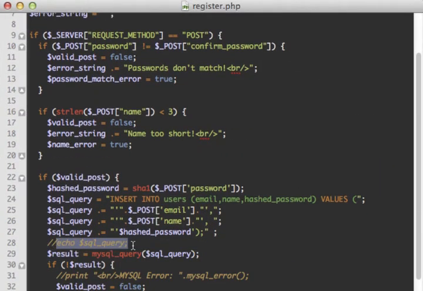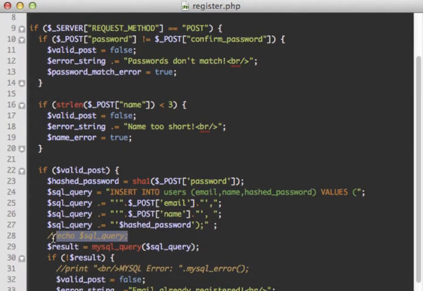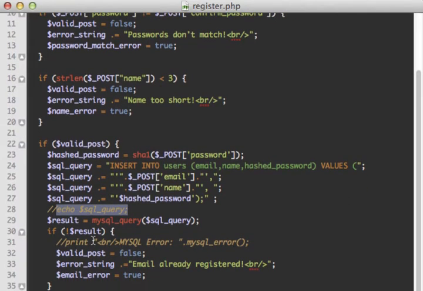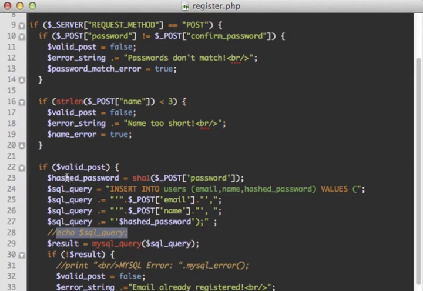Printing out SQL queries, if we're using that for debugging, will be one thing that we can't do before we redirect them. So I'll tell you how we can debug with that and print out debug information, and then deal with the redirection on that. But right here,